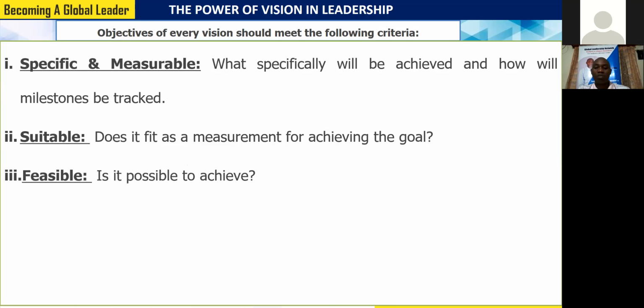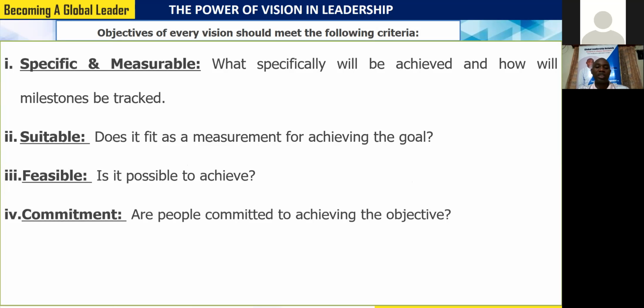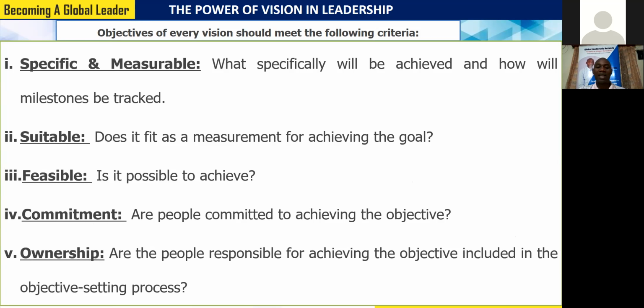Feasible, is it feasible? Is it possible to achieve it? Commitment, are people committed to achieving the objective? Or are they compelling enough to attract commitment? And then ownership, are the people responsible for achieving the objective included in the objective setting process? The aspect of ownership is very important. And this is where now stakeholder engagements are very important when you're crafting a vision. Who are your stakeholders? And when do you need to bring them on board so that you can work together